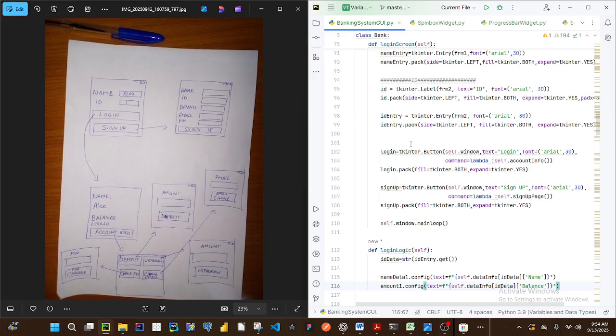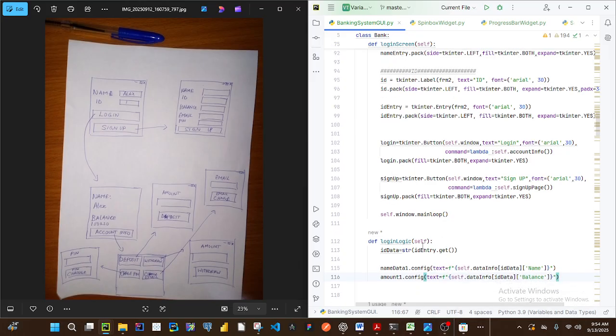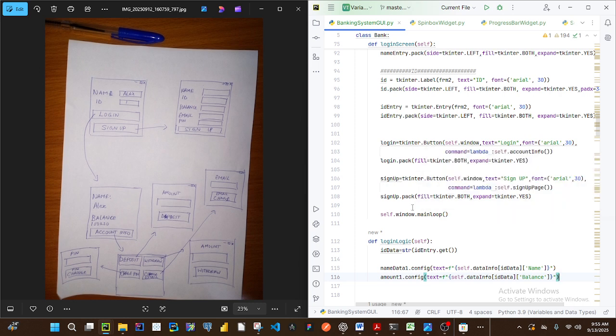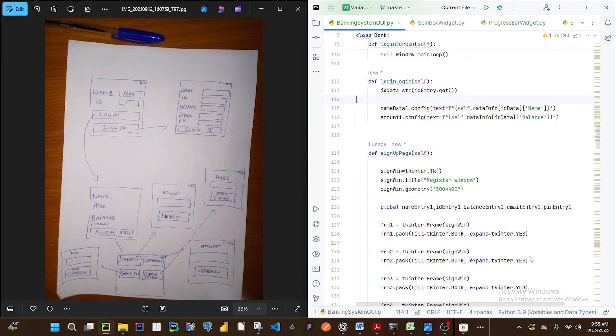So what I'm going to do actually is that instead of me doing all this, I'm going to write this logic in this function that I'm trying to call, the account info. So as I click on the login button, it displays the same window screen, and there's no need for this function, so I'll explain that. There's no need for this, but let me just leave it there for now. Scroll down to the